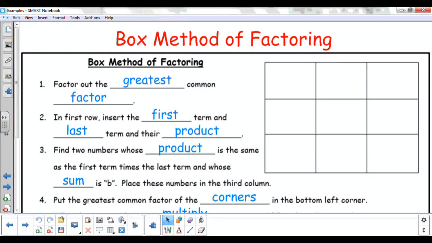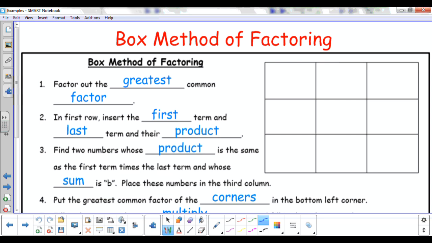When factoring with the box method, the first thing you want to do is factor out the greatest common factor. You did the same thing with the British method, and it's not going to change for the box method. So then to get started with our actual factoring, we want to put the first term and the last term